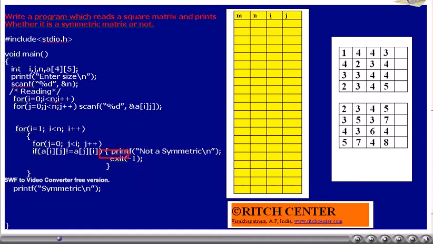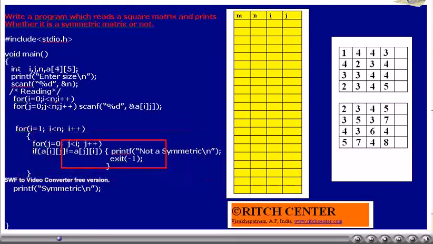In order to find out whether a matrix is a symmetric matrix or not, we can take a crude approach. That is, we can calculate the transpose of the matrix and then compare element by element. However, as we said, this is a crude approach. Thus, we propose a better approach.